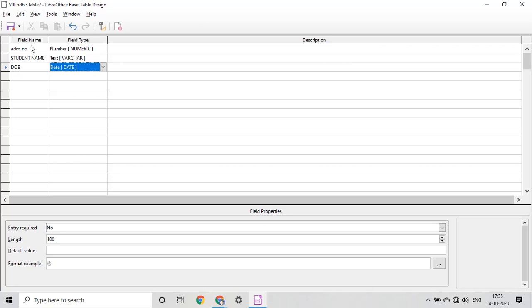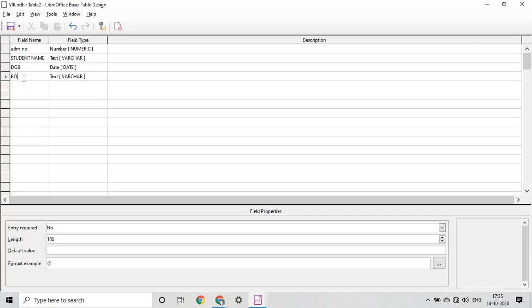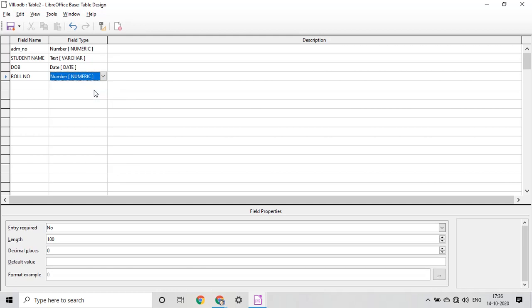Like this, students, along with the field name we can add the field types. We can also add roll number. It is mandatory. We need roll number in a school, in a class, and we will enter number because roll number is in numbers. Like this, we can store a large amount of information in field name, and then according to that we can give field type.